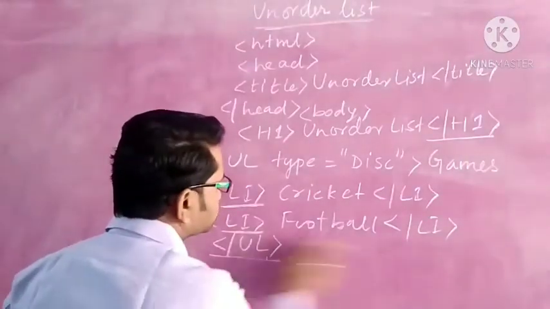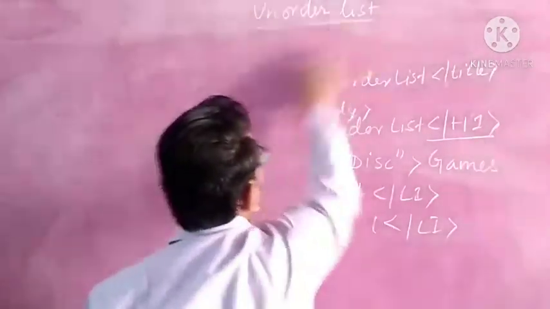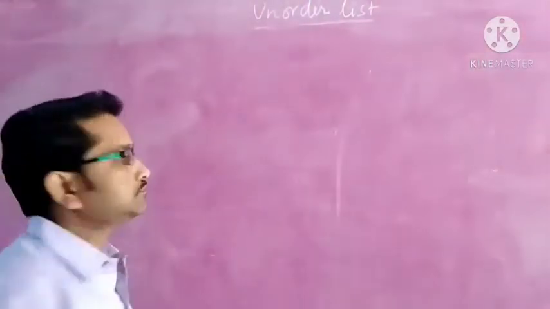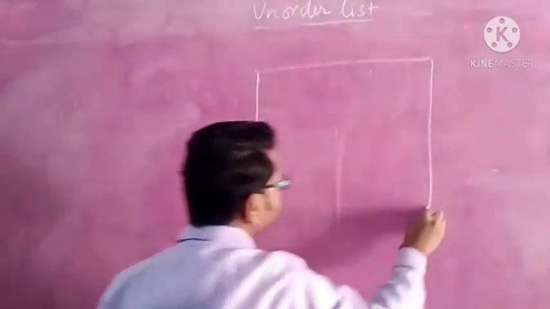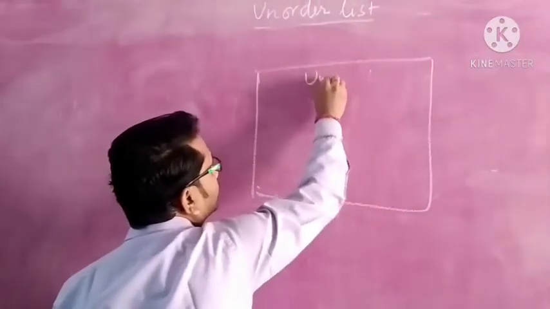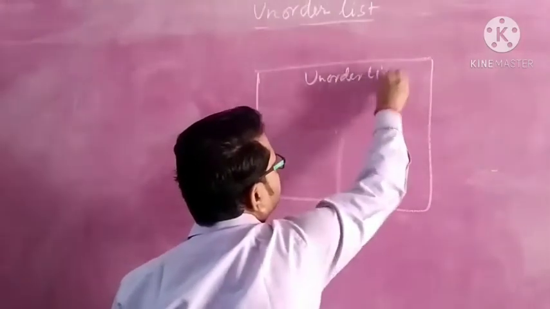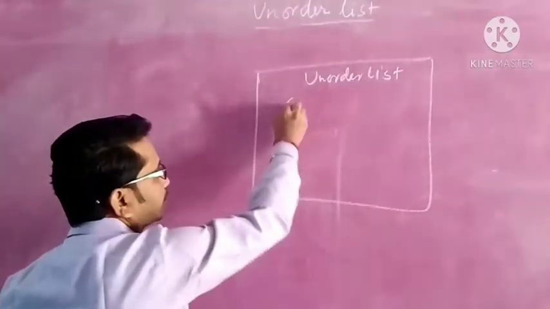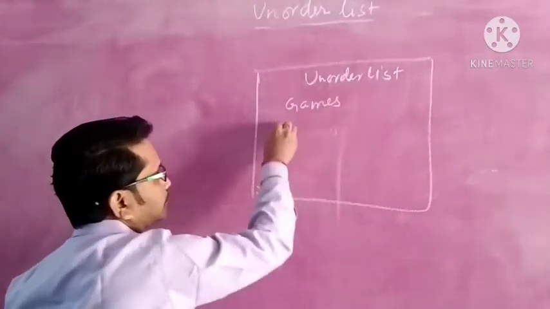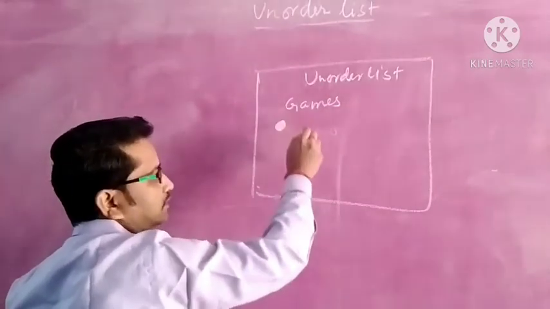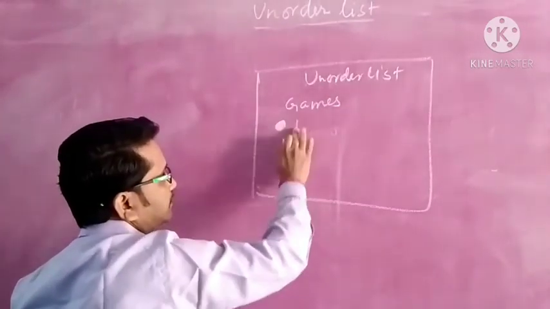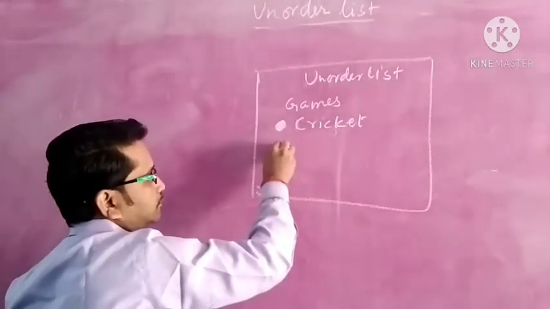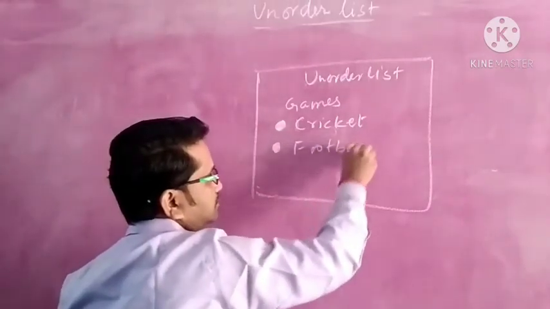So the output will come like this. Unordered list will be depicted at the top. After that games, and since I have used disk with the unordered list, it will be shown like this, cricket and football. So this is the output